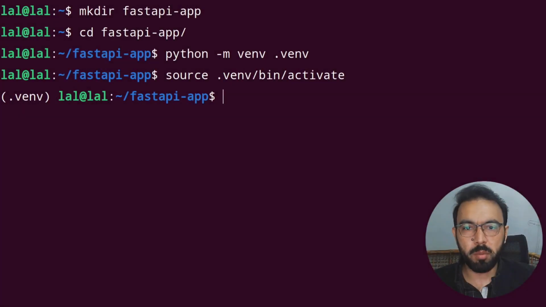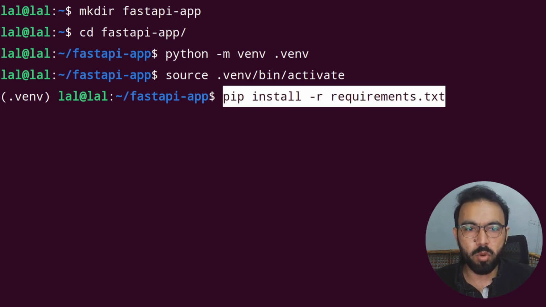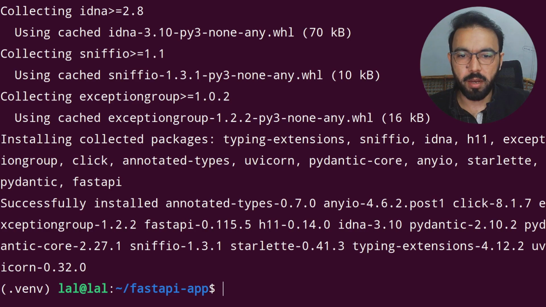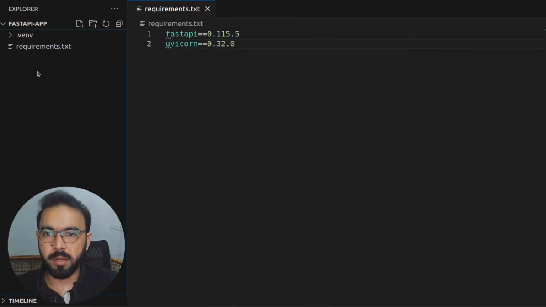Since the virtual environment is already activated, I'll run pip install -r requirements.txt. This will install all the packages from the requirements.txt into this virtual environment. Packages are installed and now I'll switch back to VS Code, and inside this root directory of the project, FastAPI app,